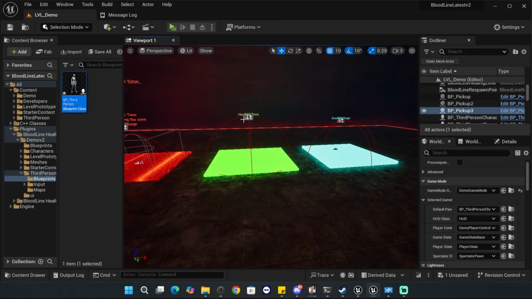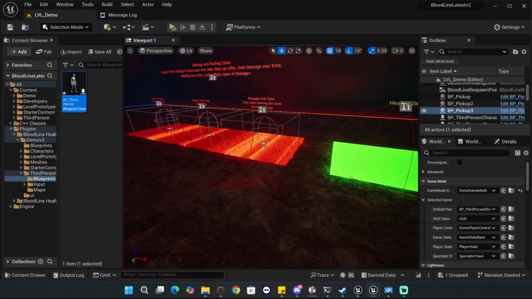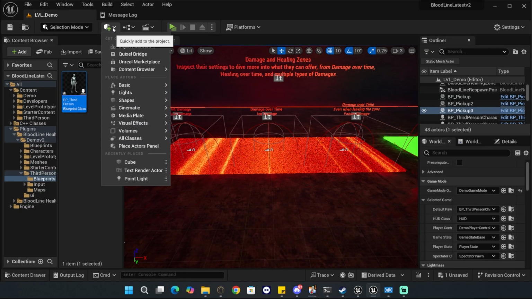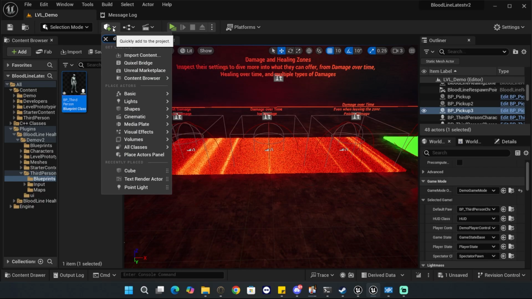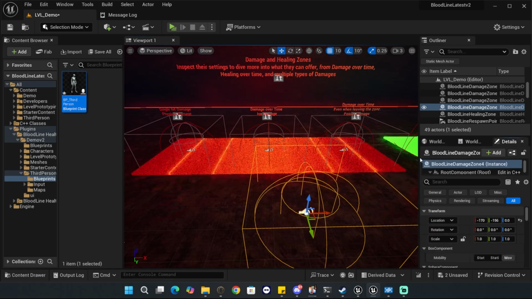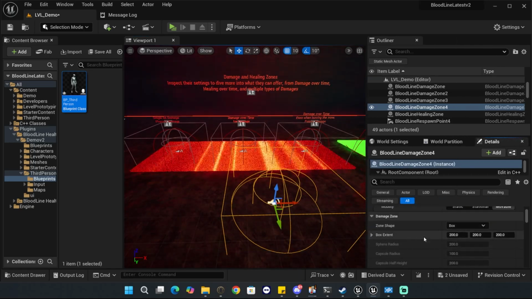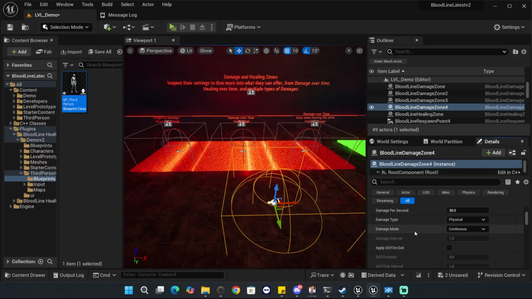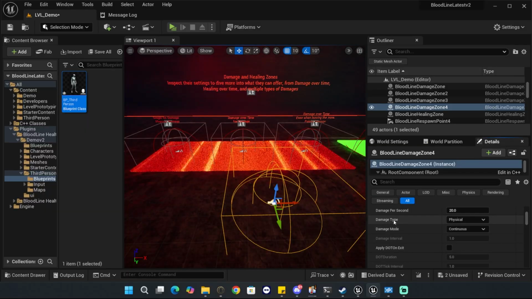As for the healing zone, or let's talk about the damage zone first, you just get the actor and call search for damage zone, drag it to the map. Then just go down to damage per second. You can configure the damage zone however you like. The damage type: physical, fire, ice,